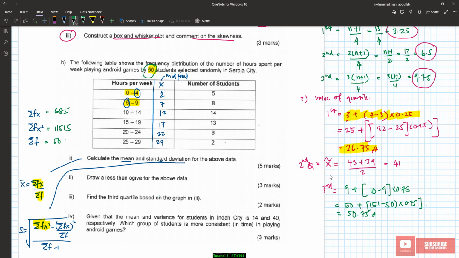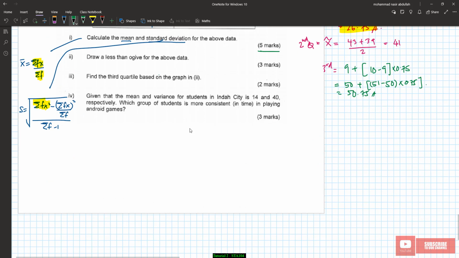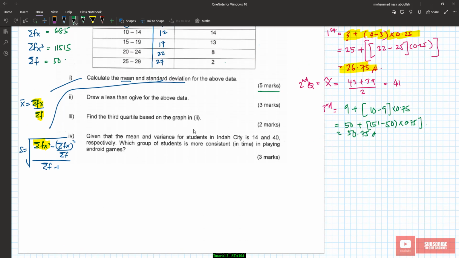Right? So to get 5 marks, right, what you need to do is, let's say, I letak kat bawah ni, x bar should be equal to summation of fx divided by summation of f. We just need to plug in the value into the formula. So 685 divided by 50, right? So 685 divided by 50 should be equal to 13.70,